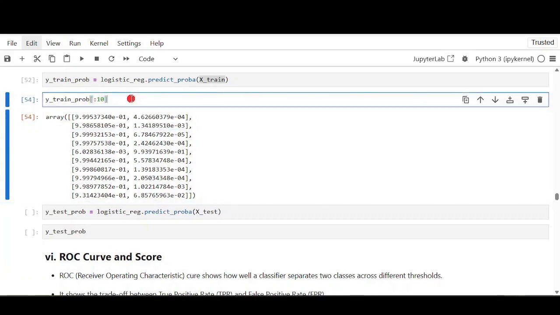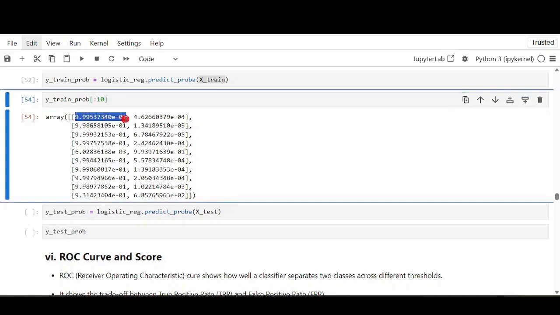Therefore, for each observation, there are two predicted values. Here, the first one stands for the first class, that is the outcome taking the value 0. And this one is the outcome taking the value 1. So by comparing these two, we can determine whether the predicted class is